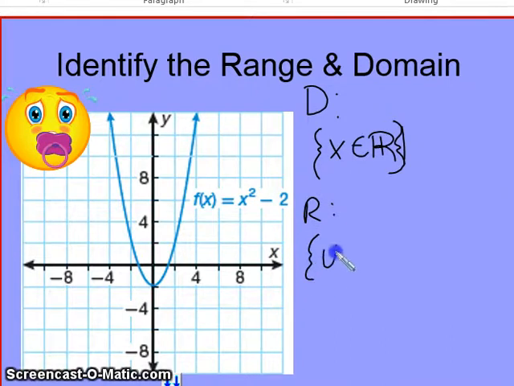Again, we have to have y is an element of all real numbers such that, now notice our y's, we have up arrows here, so they can go on and on to infinity in the positive direction, but the smallest they go is 1. So y is greater than or